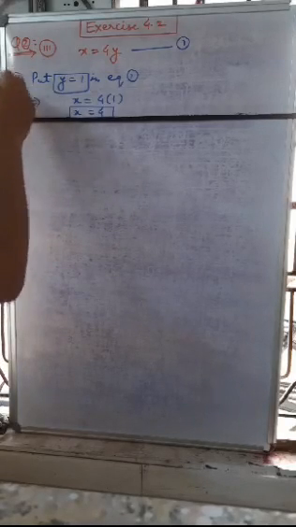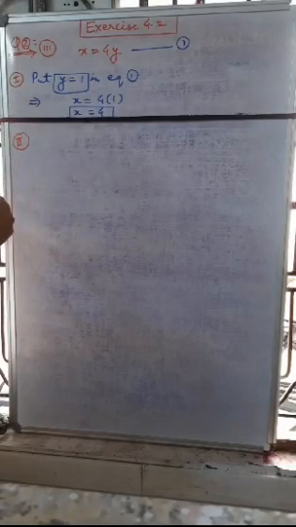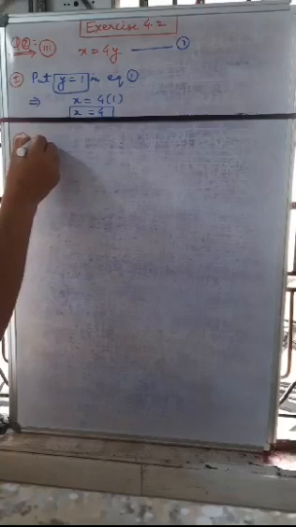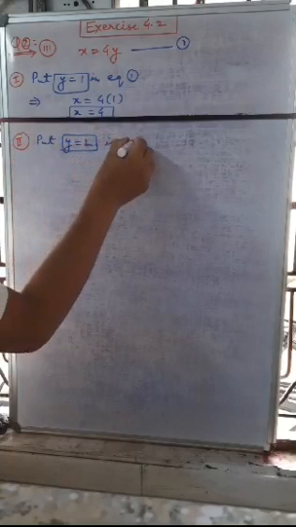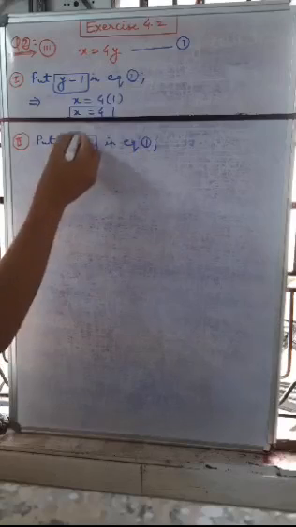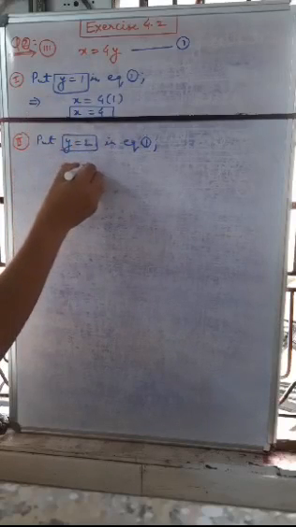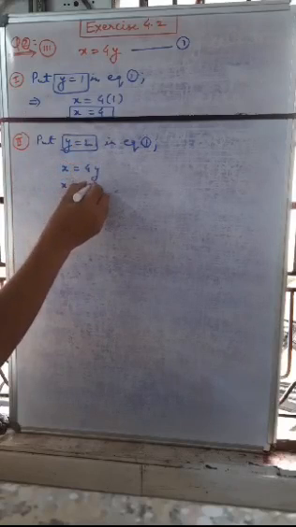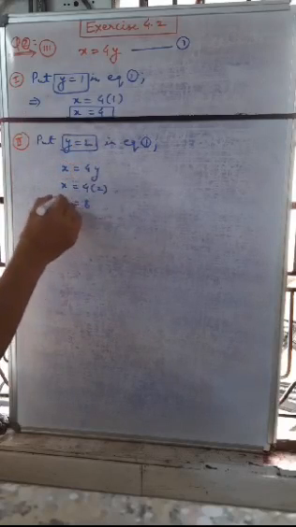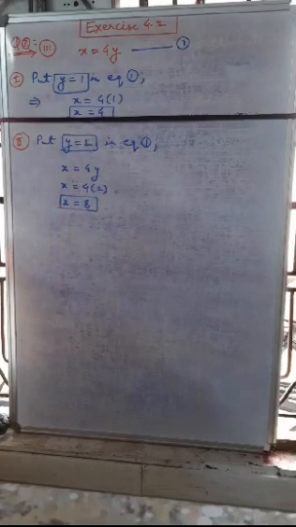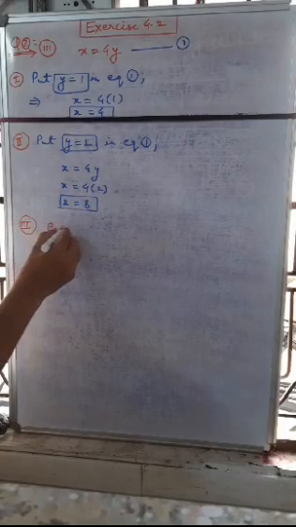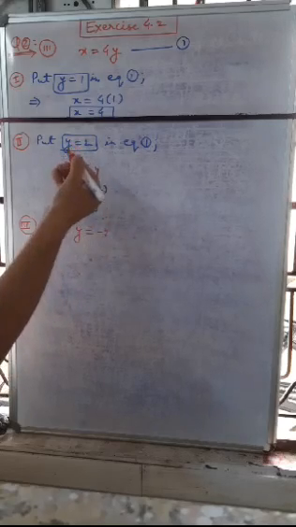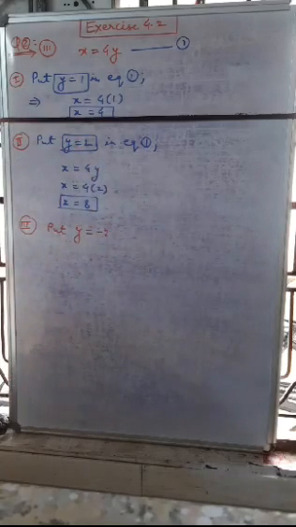And the second solution, we may put y is equal to 2 in equation 1. So x is equal to 4y, or x is equal to 4 into 2. So x is equal to 8. It is the second solution. Very easy question. And third, if you like, put y is equal to minus 3 or minus 2 or minus 1, which value you like, 0, minus 2, minus 3, it depends on you.